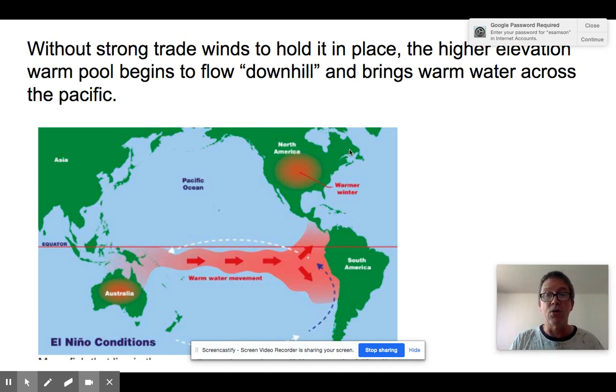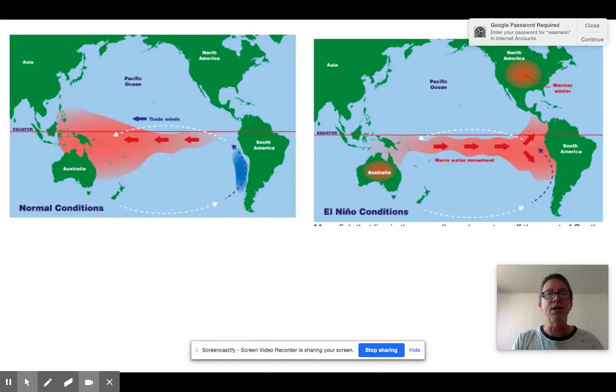Africa, the whole world has a demonstrable change in its weather as a consequence of the movement of warm water and the subsequent convection that goes along with it. And convection drives wind patterns, and that changes everything. So here's a good example of under normal conditions and under El Nino conditions. It all has to do with, if I have low pressure here, I have this positive feedback loop that keeps the warm water over here.